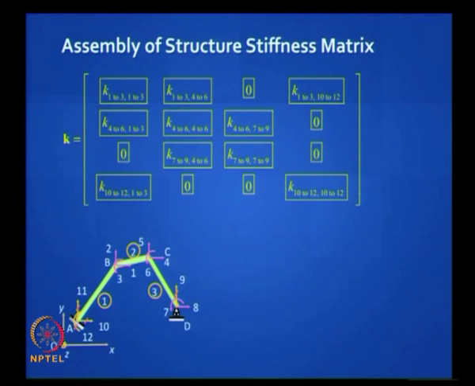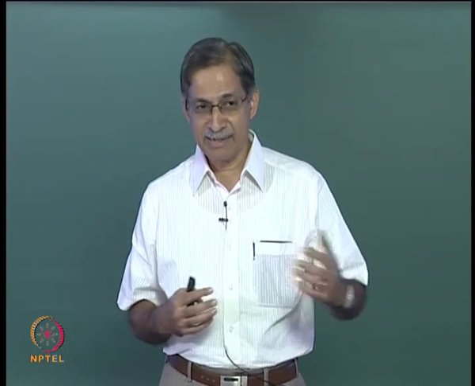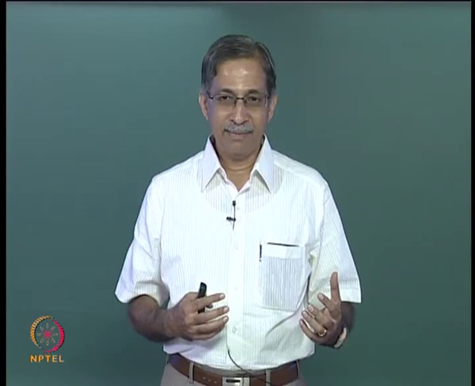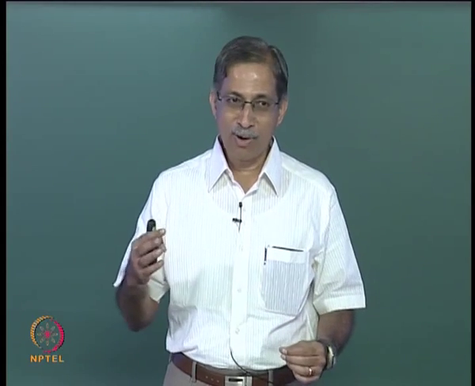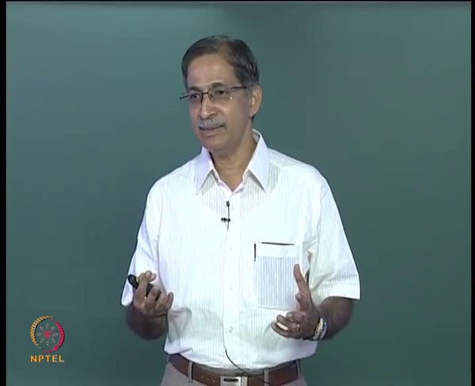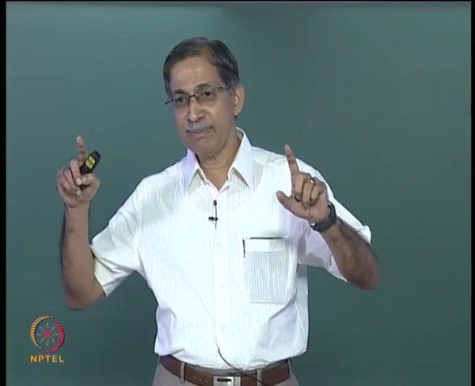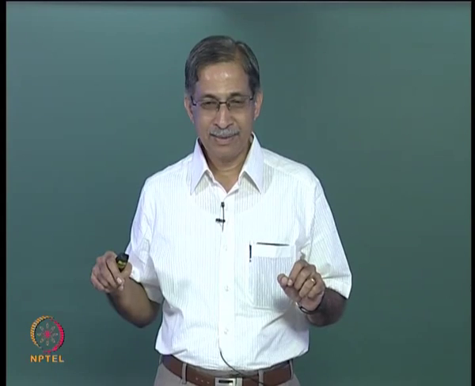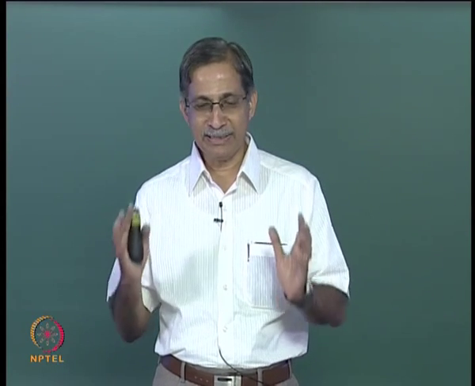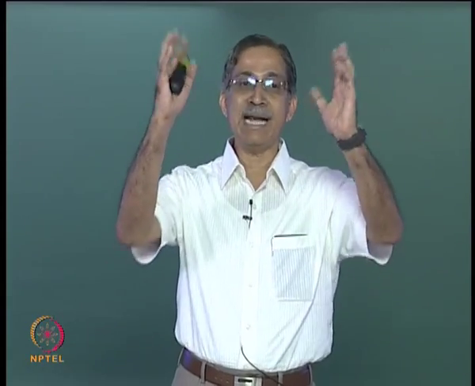Okay, so you have 3 elements there. For each element in the last class we generated the Ti matrix. First we generated it along the local coordinates, then we transformed it and put it along the global axis, but we put some linking coordinates, right? So we've got those ready-made stiffness matrix boxes, and we just have to put it at the right place in the big matrix. The structure stiffness matrix, what is the size of that?